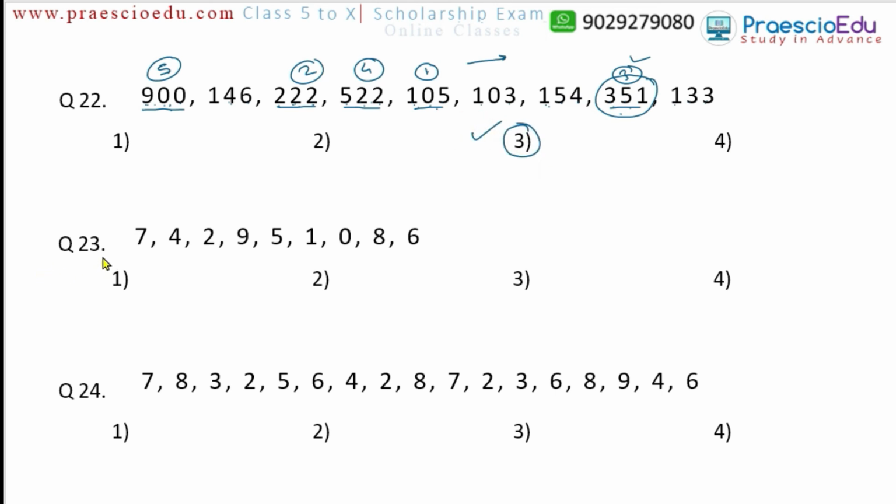Okay, so question number 23. In the number series, what is the sum of the greatest digit at the even place and the smallest digit at the odd places? So we have to mark the even places. The digit we have to find out is the greatest digit and the smallest digit. The greatest digit should be from the even places and the smaller digit from the odd places, and that has to be added. So first we will make the numbering 1 2 3 4 5 6 7 8 and 9.